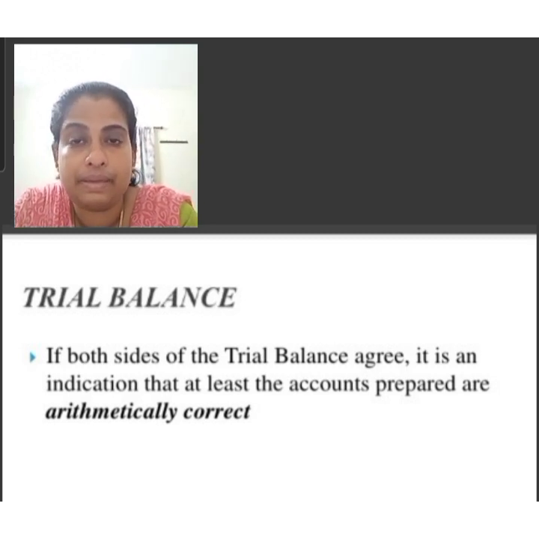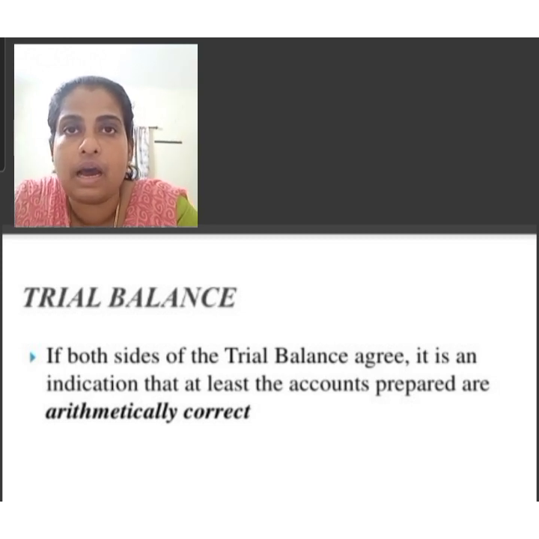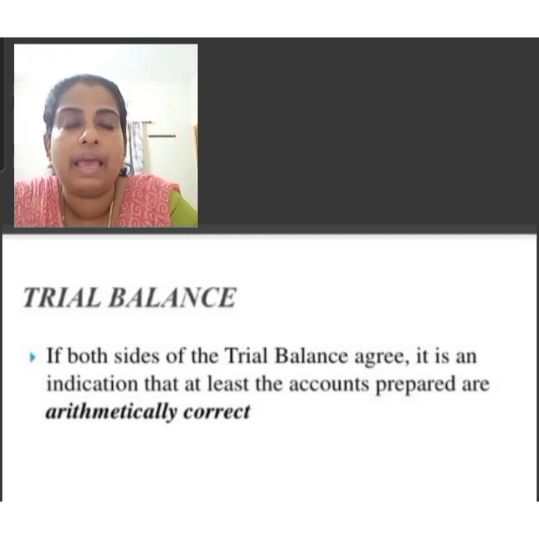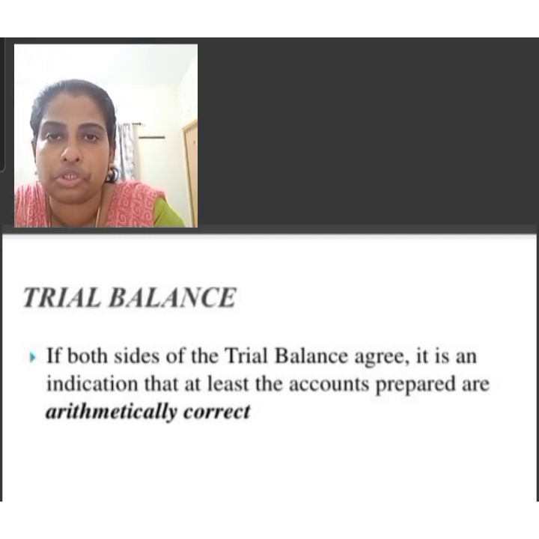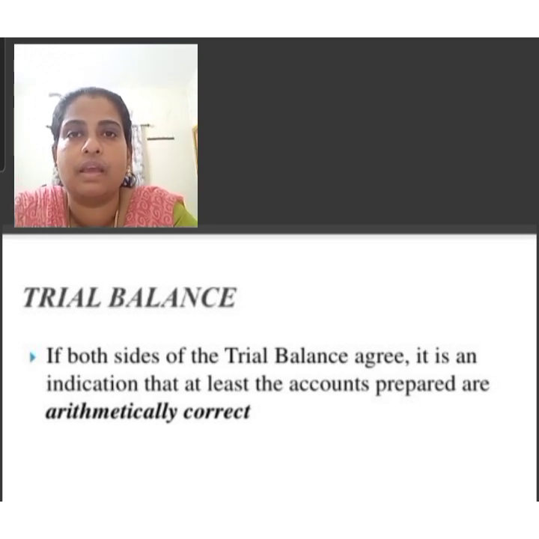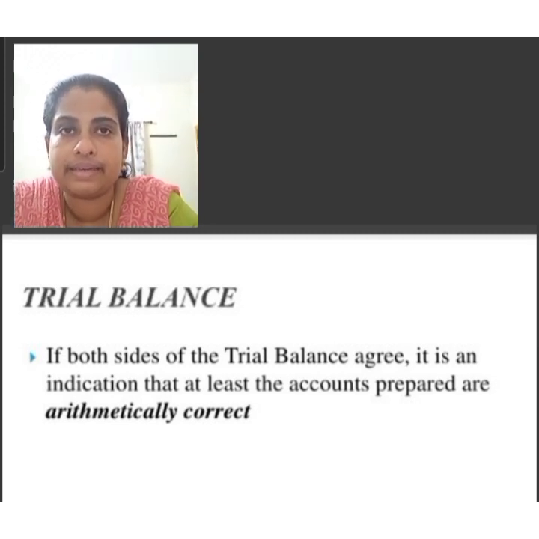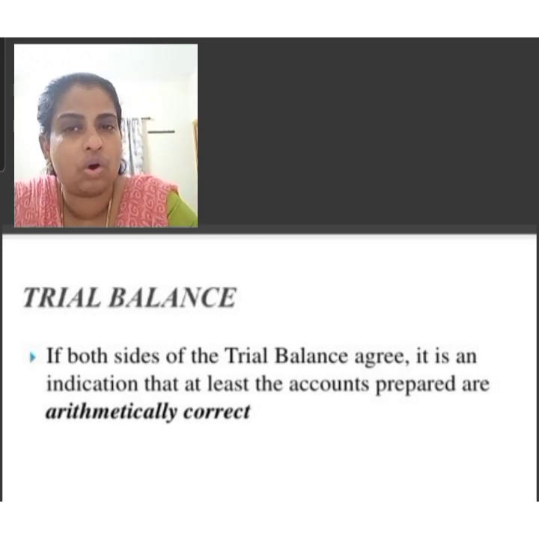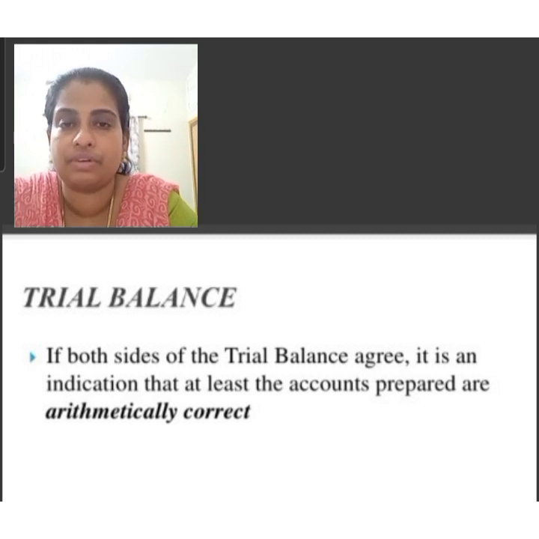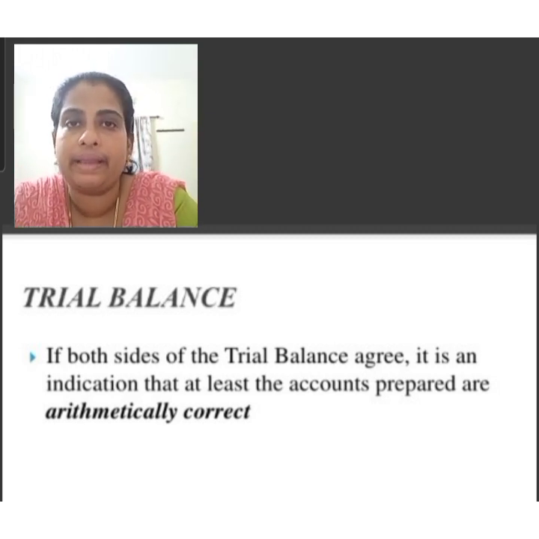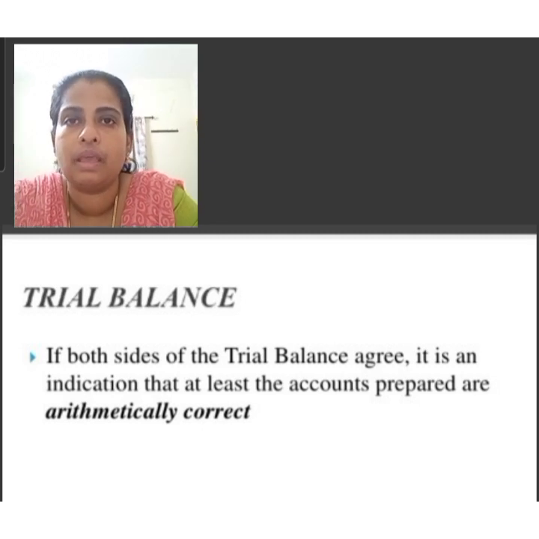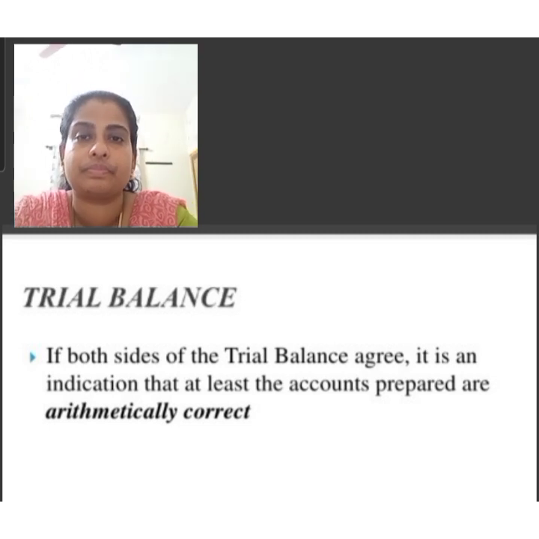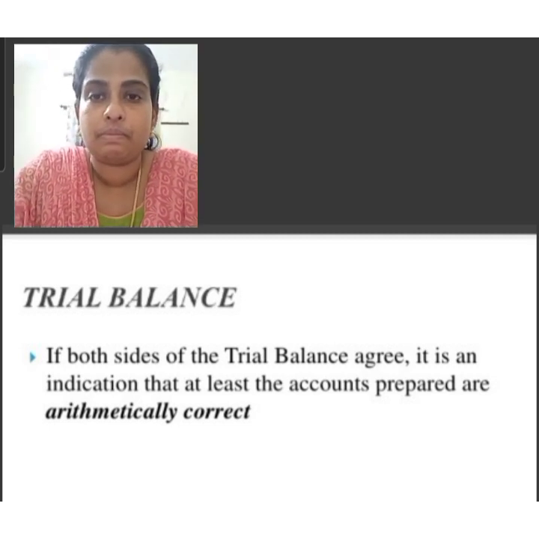In case the debit and credit side of the trial balance are equal, we assume that the principles of double entry system and the assumptions of accounting equation have been observed. The difference between debit side and credit side of the trial balance points out that certain mistakes or errors have been committed somewhere. If both debit and credit side have the same total, it does not mean that there are no mistakes in the accounting. These are the important features of trial balance.